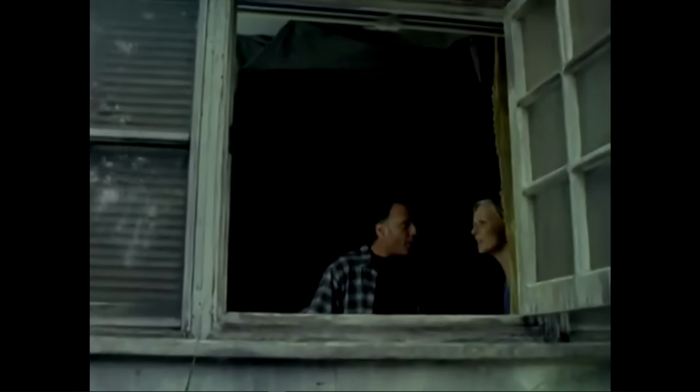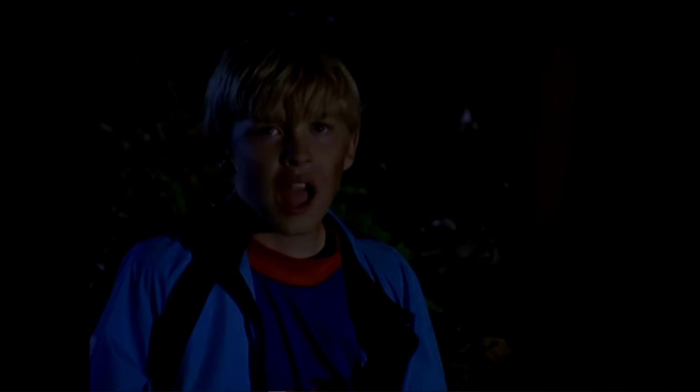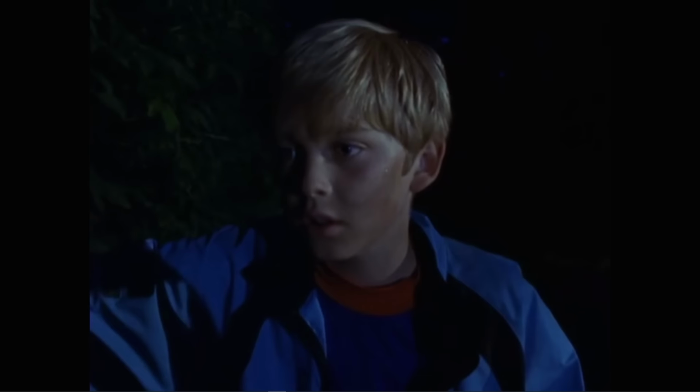"Where are the skins?" "No, I don't know." Alex and Hannah dig a really deep hole and bury the skins in it. Well, Alex digs the hole, and Hannah gets too scared and leaves. And as he digs, somebody is peeking out at him from the bushes. Alex can sense that something is wrong, so he decides to be brave and head into the woods, where he finds...